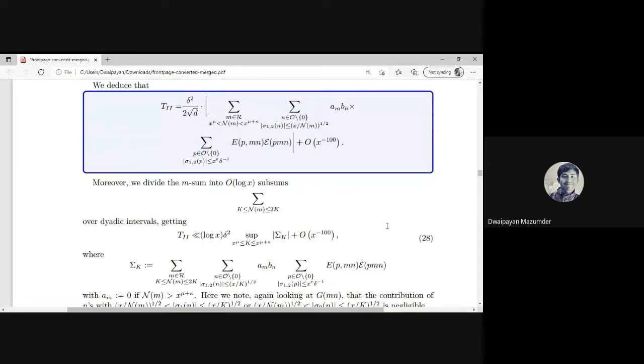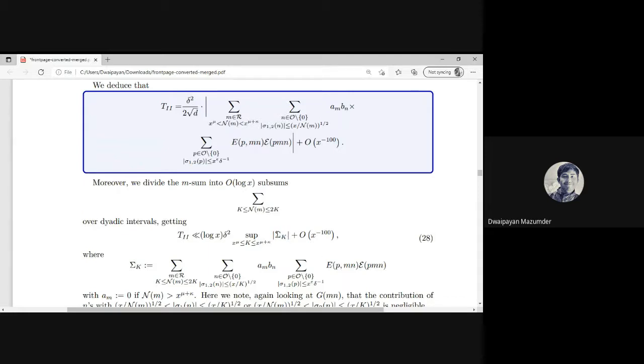We will divide the interval of norm n, I mean divide the m sum, into these dyadic intervals, right? So we have at most p go log x subsums, and then for each particular part we are taking the suprema. Okay, so sigma k